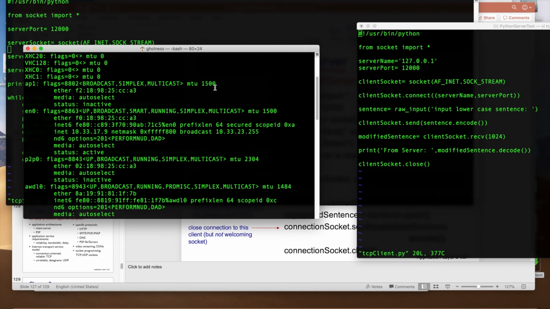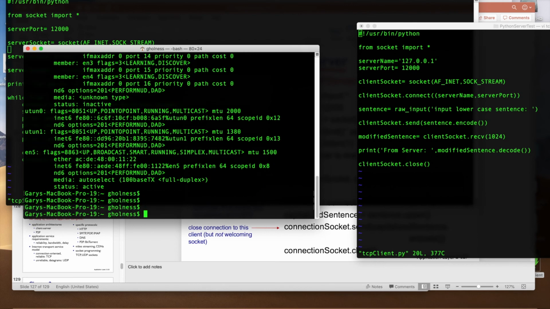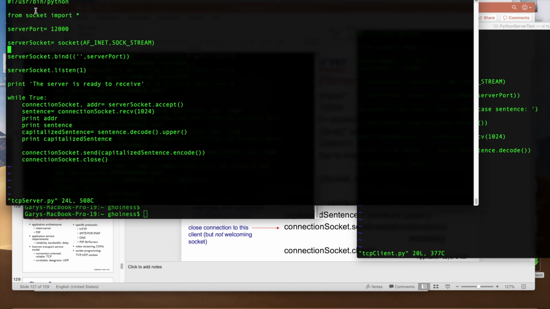It's going to be 10.33.17.9, right? And so for your version of the client, for server name, you're going to use this address and not the 127 address.